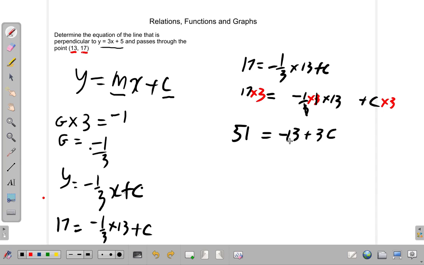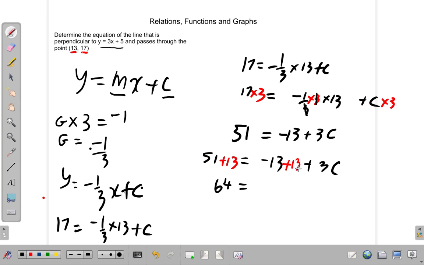So what we do is add 13 to both sides. So I have 51 is equal to negative 13 plus 3c. We add 13 to both sides, and then you have 51 plus 13, which is 64, equals